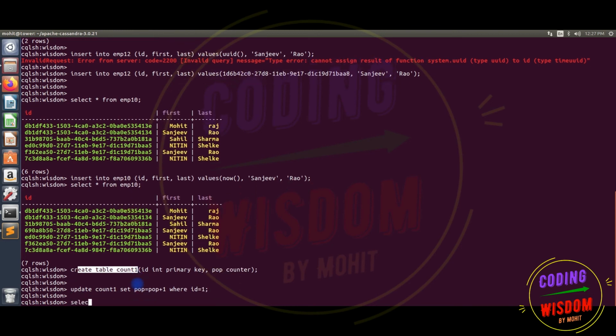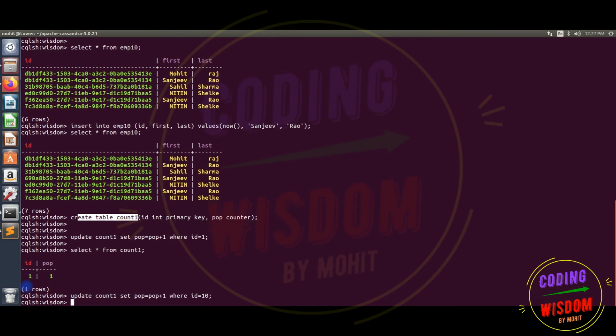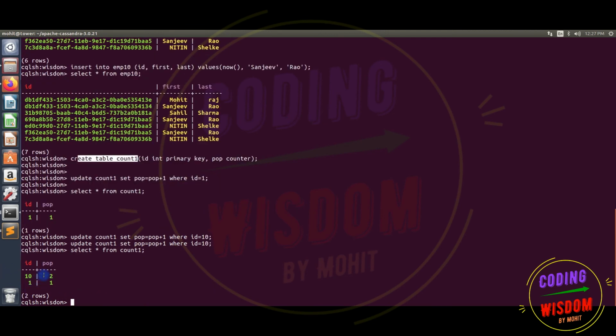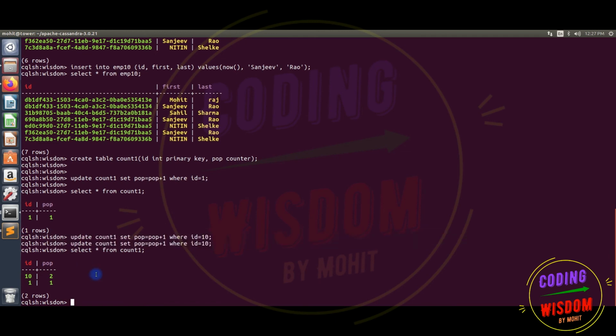Select star from count1 where id equal to 1. So now you can see the count for id 1 became 2, because I have executed this one 2 times. That's why 2. So in this way we can use counter.